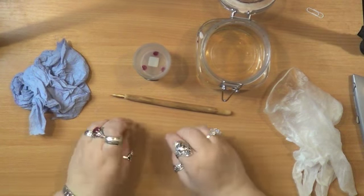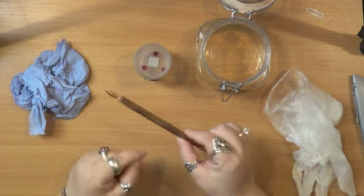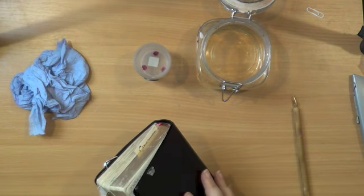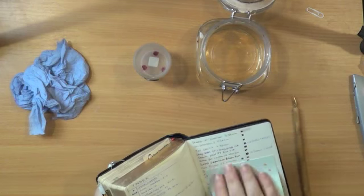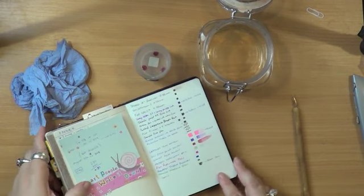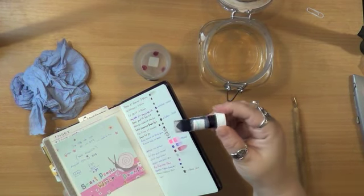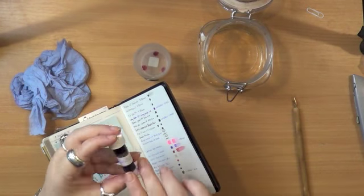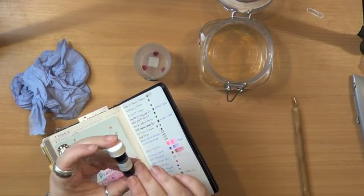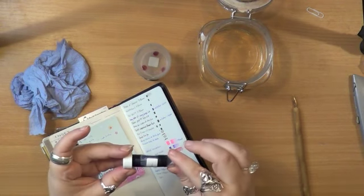Before I open my lampblack ink, I'm going to show you very simply how I use a dip pen. I always do ink testing in the back of my book, as you can see. And I'm going to use one of these for now. These are the Goulet pen samples, which this one was very kindly sent to me by Lee Alexander. Thank you, Lee. And this is Imperial Blue from Diamine. It's the most beautiful royal blue. They come in these little specimen jars,